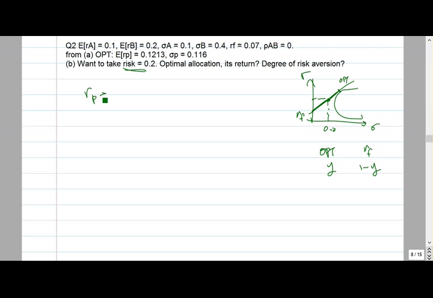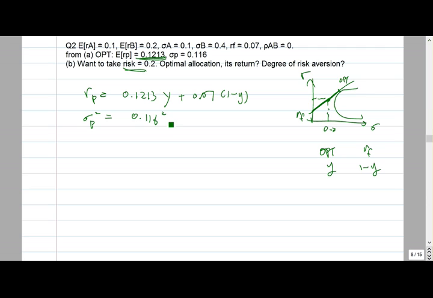So the return of this portfolio is again just risky is this. This number is from part A times Y plus the risk-free asset. What's the risk-free? 0.07 times 1 minus Y, and sigma p squared is the same thing, just the risk of